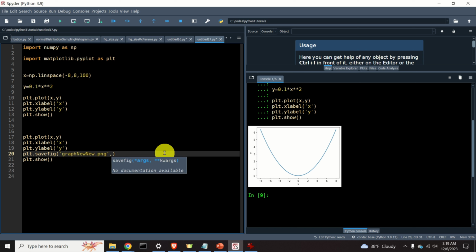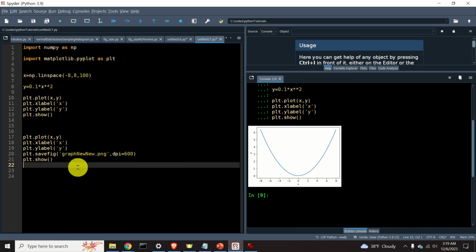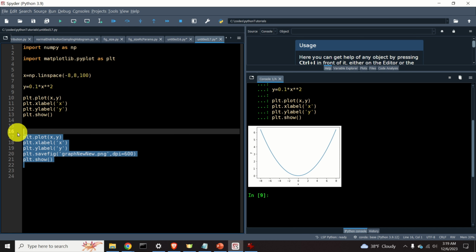And let's specify the second important argument or parameter, and the second important argument is DPI. By specifying DPI, we specify the resolution of the file. Usually I specify either 300 dots per inch or 600 dots per inch. By the way, DPI stands for dots per inch. Okay, and that's it. Simple as that. Let's do this,